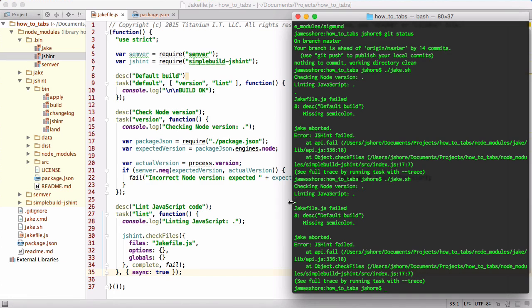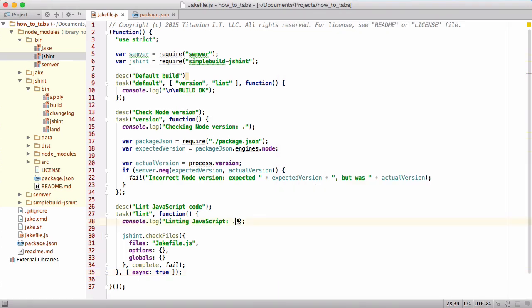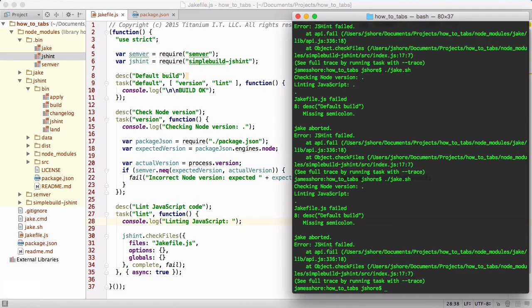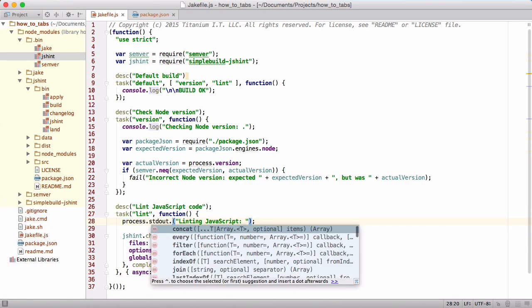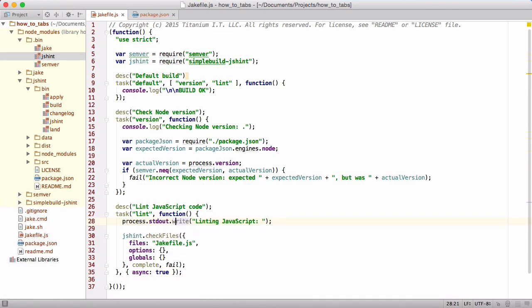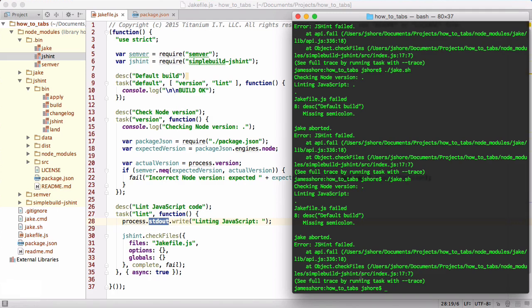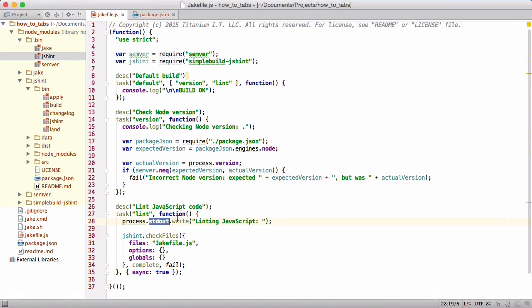So there we go. To make this read a little bit cleaner, because you'll notice that the JSHint runner will actually put out a dot for each file it runs, I'm going to change this to not put out a dot, and I want it to show up on the same line. So instead of saying console.log, which automatically puts a line feed at the end, I'm going to use process.stdout.write. This says, using our global process and looking at the standard out, that is the stuff that comes out on the console, we want to write